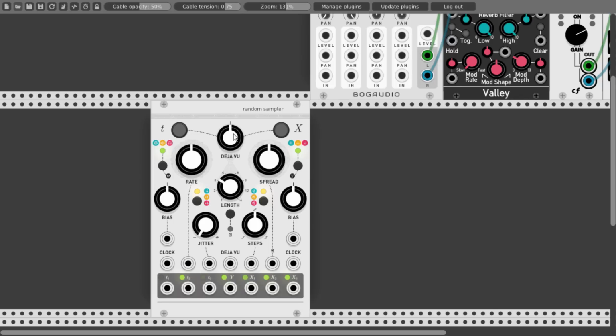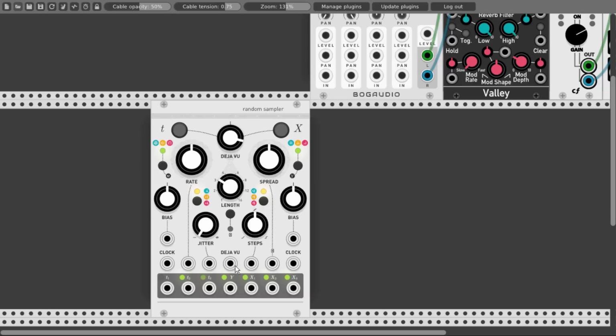Now by turning the Deja Vu knob, we can start adding variations to the locked sequence by turning it to the left. We start letting new information in, just like with the Turing machine, and all the way to the left, it's like the sequence is not really locked. And by turning it to the right, and this is where it gets interesting, we don't let new information in, but rather start jumping within the locked sequence and the information we already have, like voltages and gates, so we can lock a certain sequence and still have some sort of variation.